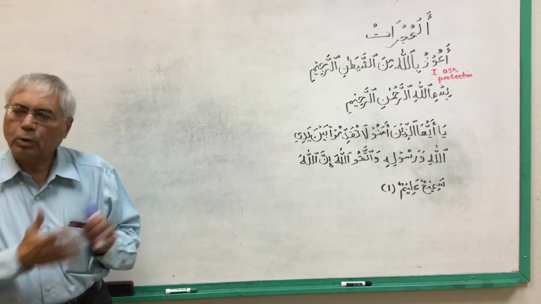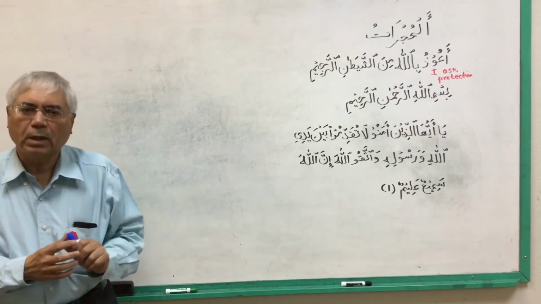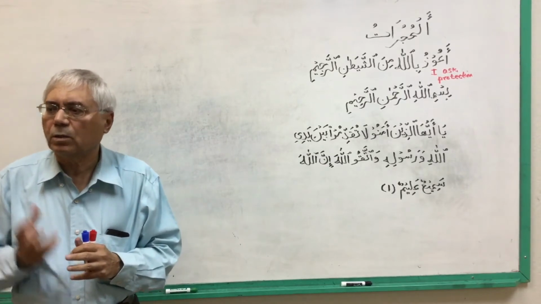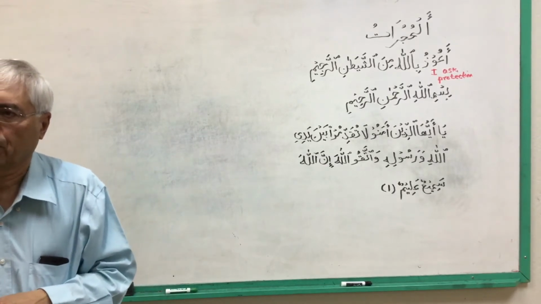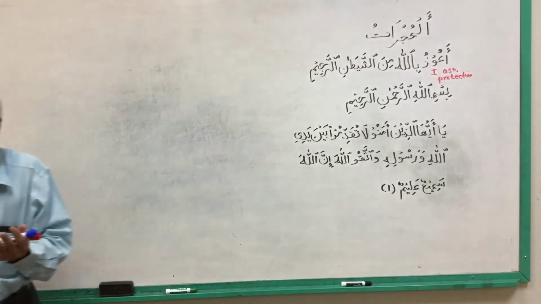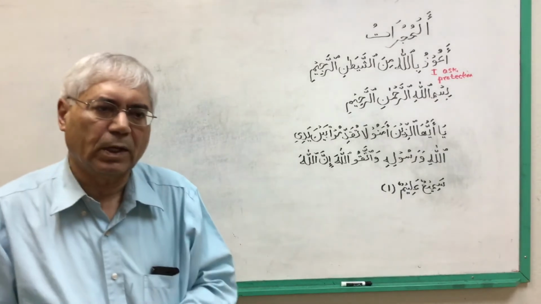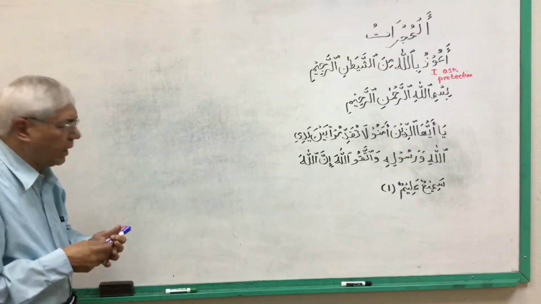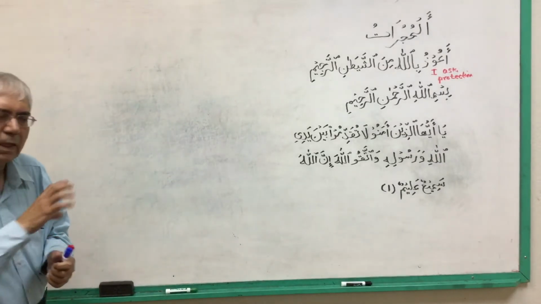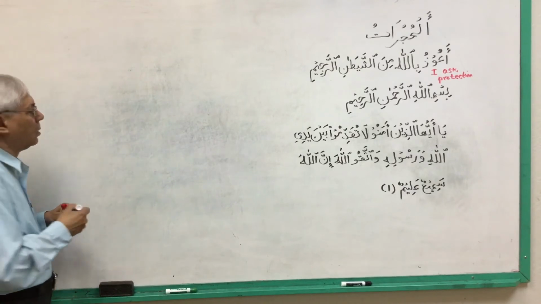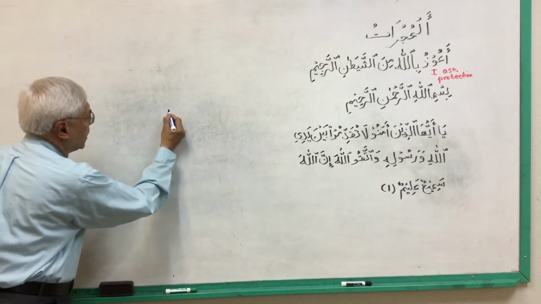I'm going to show you the opinion which says that this word can be created by the rules of the grammar. And those who say this is the name of Allah subhanahu wa ta'ala, then this is the name of Allah subhanahu wa ta'ala, I cannot do anything. Both have logic, and as we proceed I'll come and explain that logic to you also. So the word starts with these three letters, Alif,